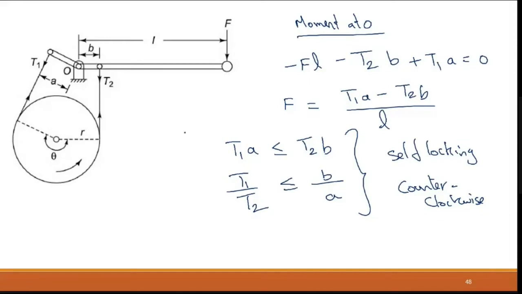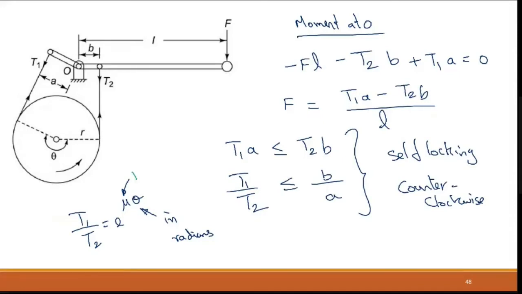Again, the formula is the same. To identify the tension in the rope, we use the formula T1 by T2 is equal to e power mu theta, where mu is the coefficient of friction and theta is the angle of contact. What is the angle of contact between the belt and the drum? It should be in radians. Okay, right. These are the concepts.